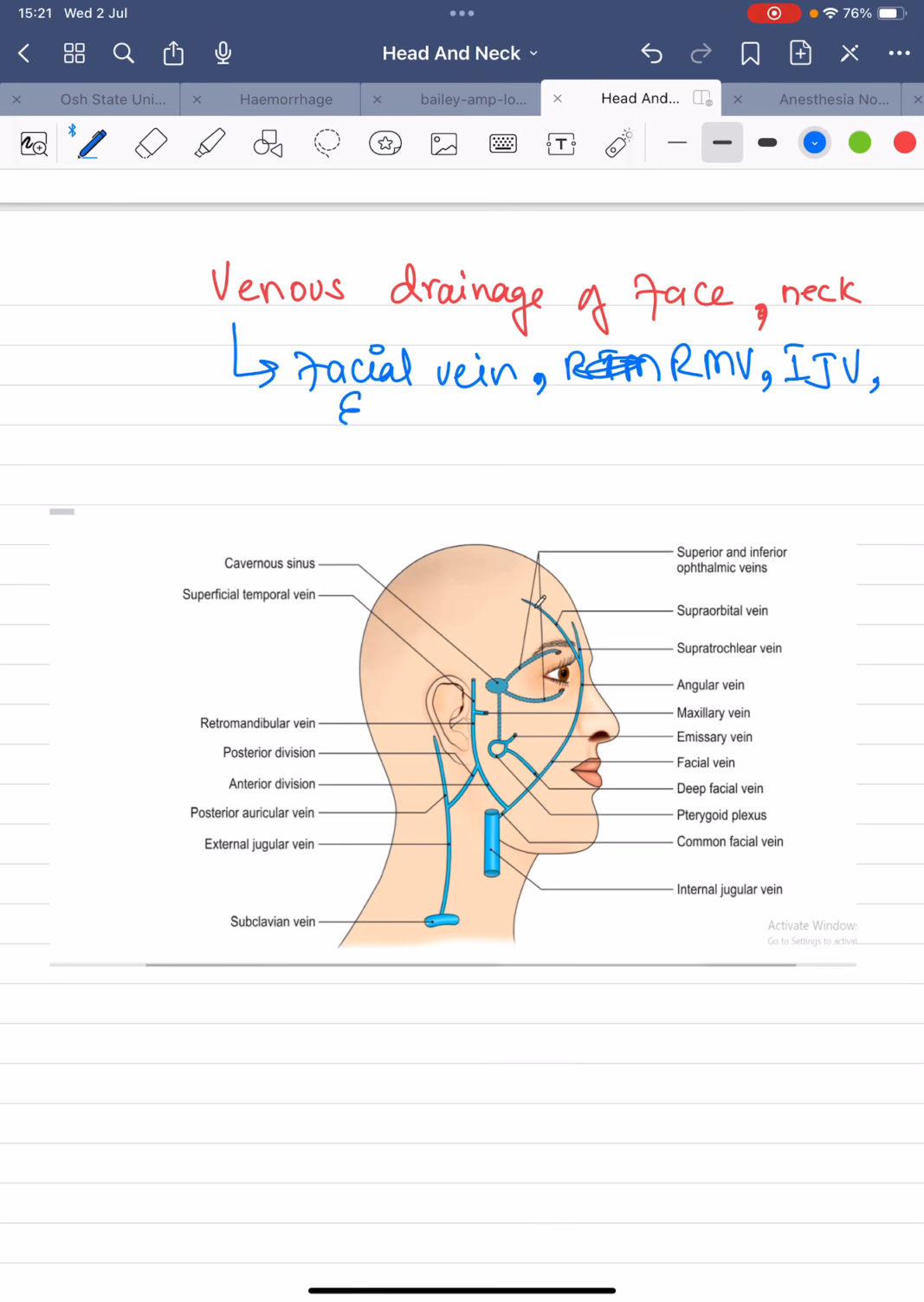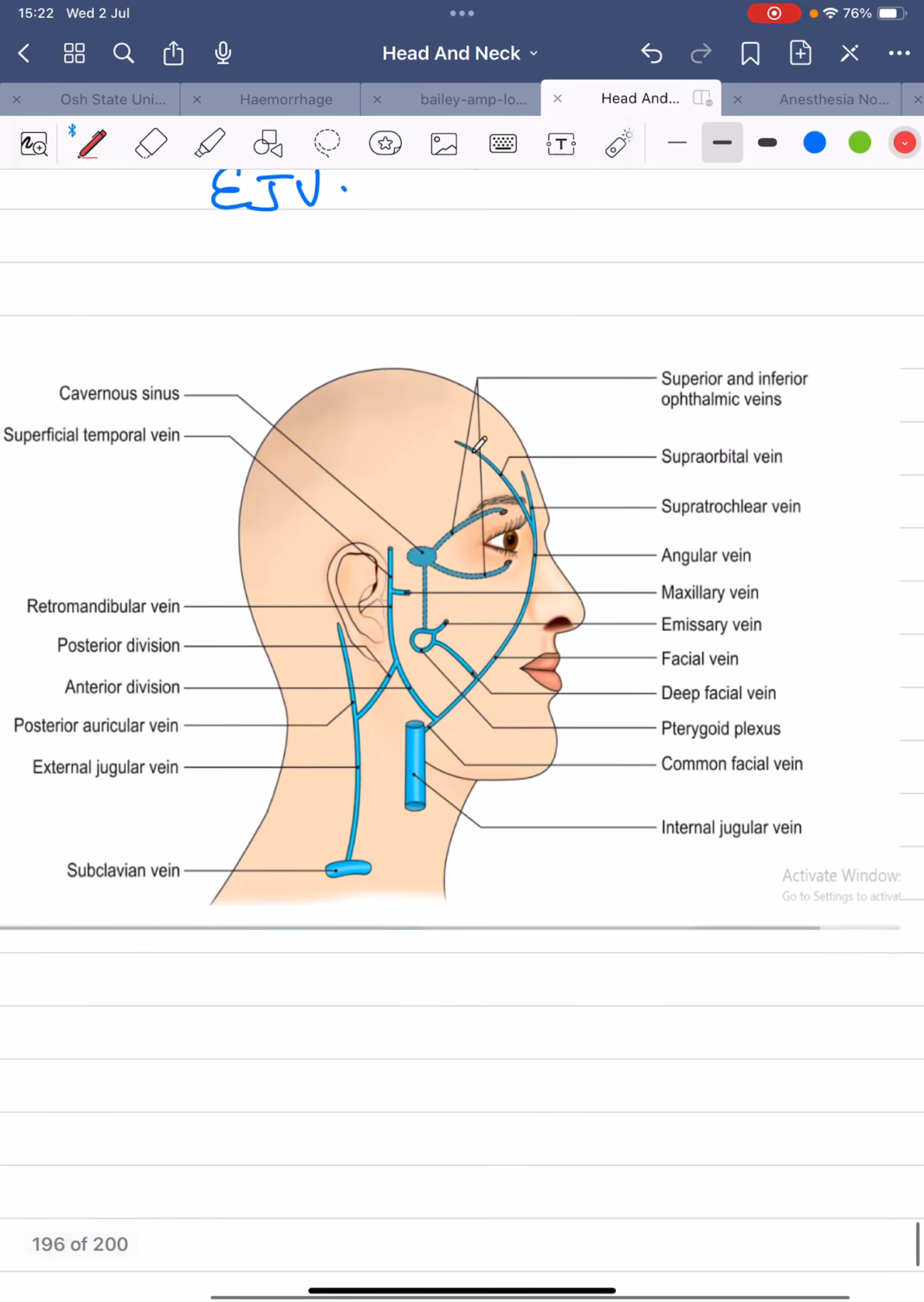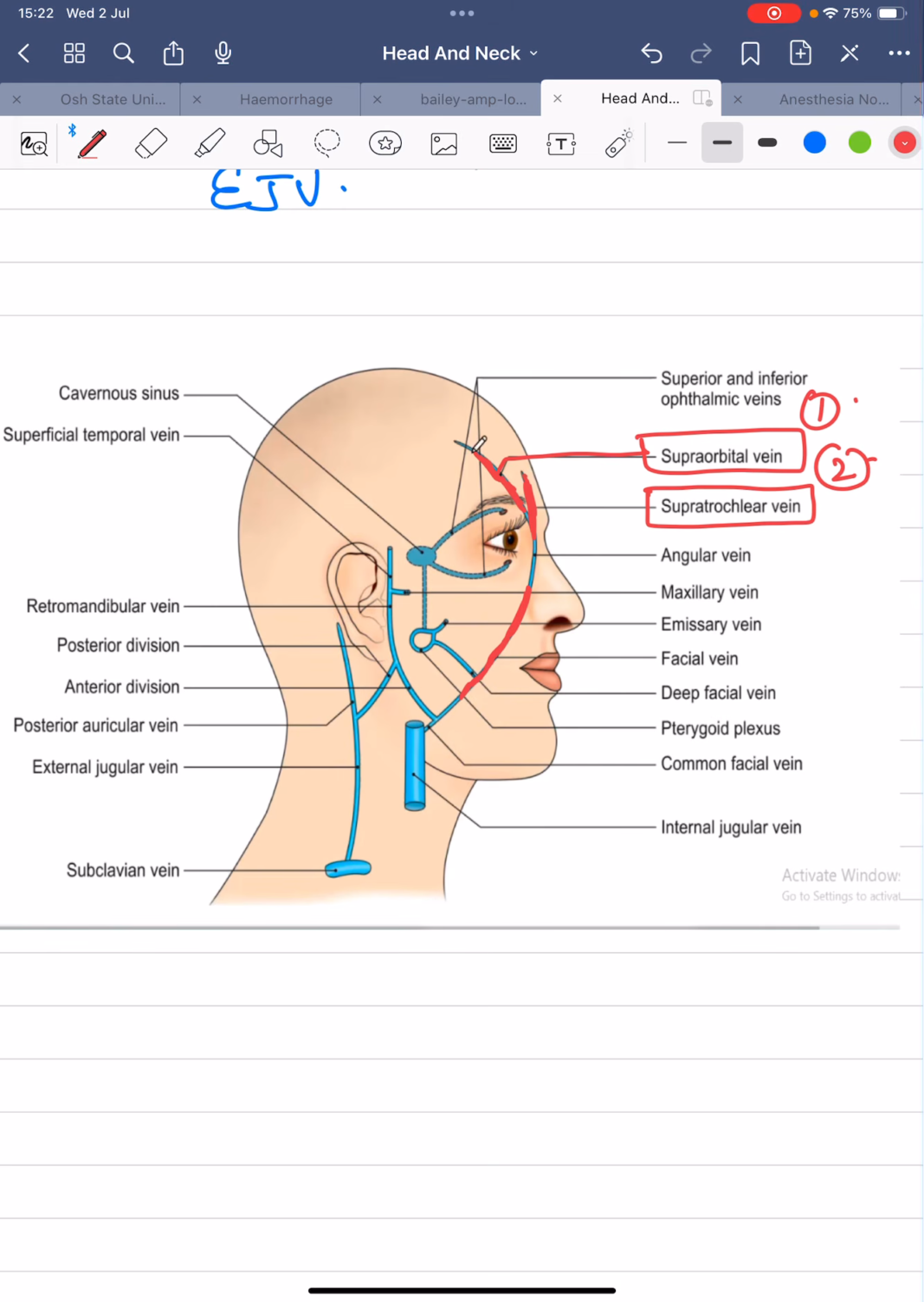So first of all, see this diagram. First thing you must know, this is our facial vein. This long course, this is the facial vein. First thing you must remember, it is formed by the union of these two veins, which I am highlighting in red color. This vein is your supraorbital vein, number one, and second, this vein is your supratrochlear vein. So the facial vein is formed by the union of